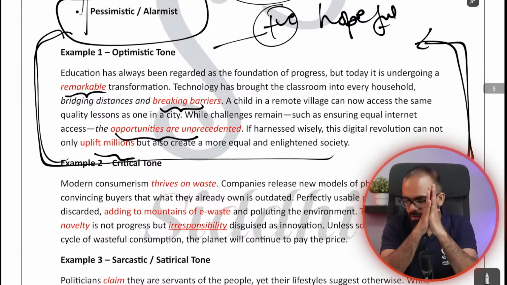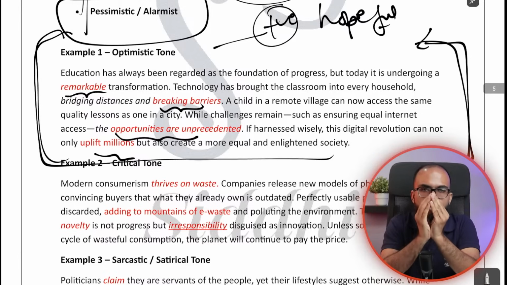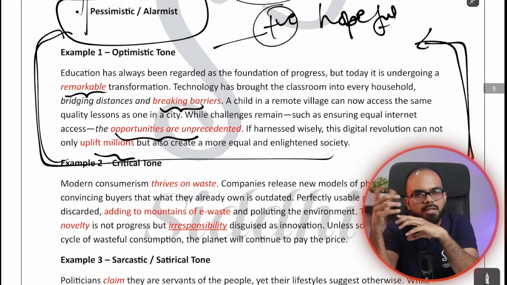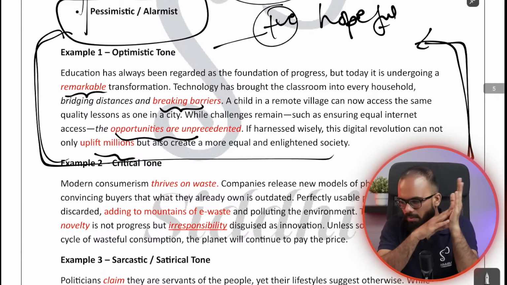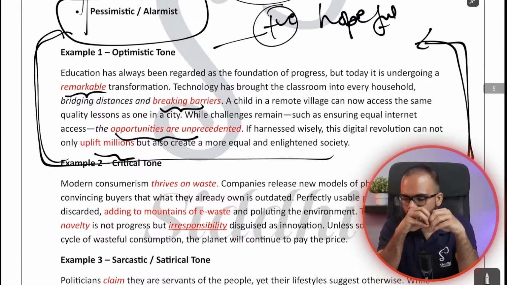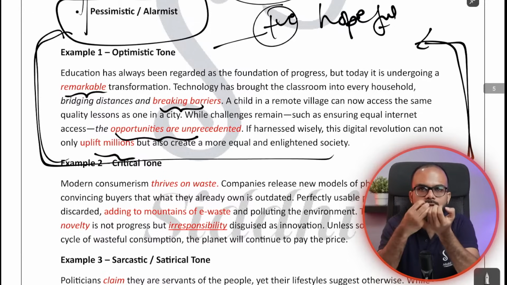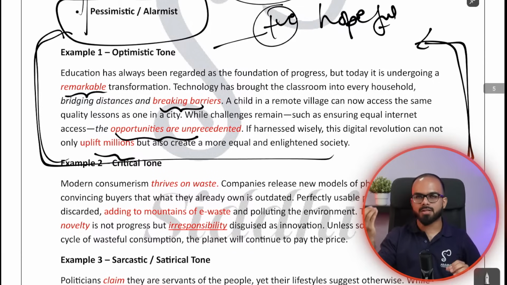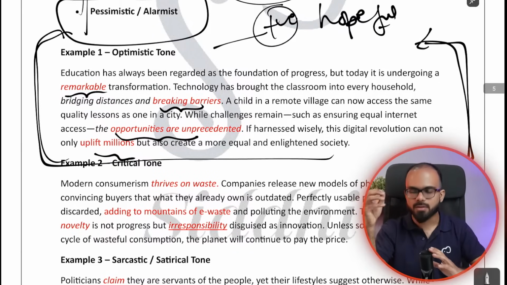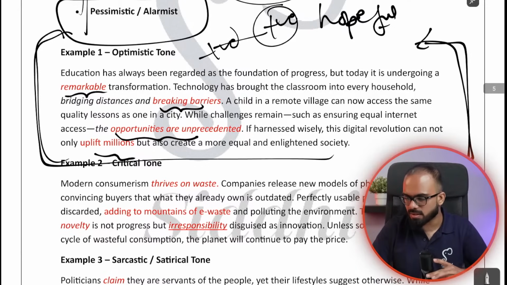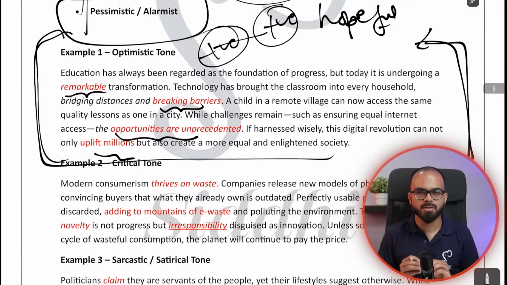Please read the optimistic tone. Education is the foundation of progress, but there is remarkable transformation. There is wonderful transformation. There is a lot of positive transformation. Such words indicate the optimism or hope of the author. Or, for example, technology brought the classroom into every household. It is breaking barriers. It is doing a lot of good things. So optimistic tone is all about there being a lot of good involved. These kinds of words are written in an optimistic tone, and in optimistic tone there is a lot of